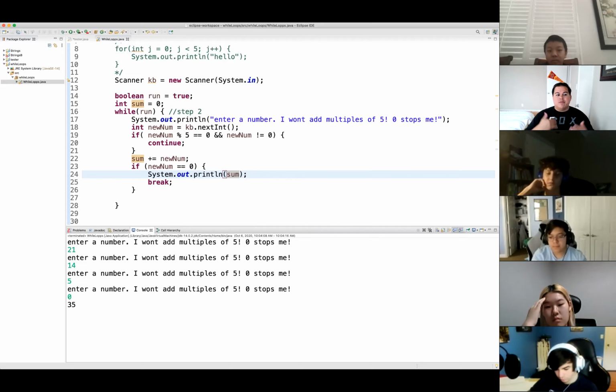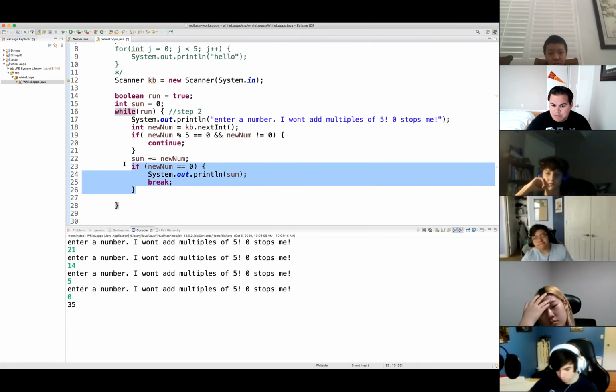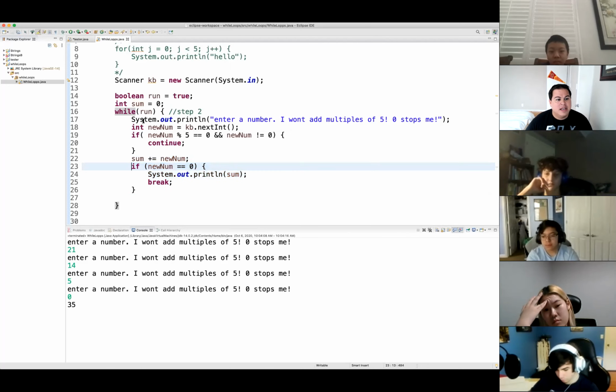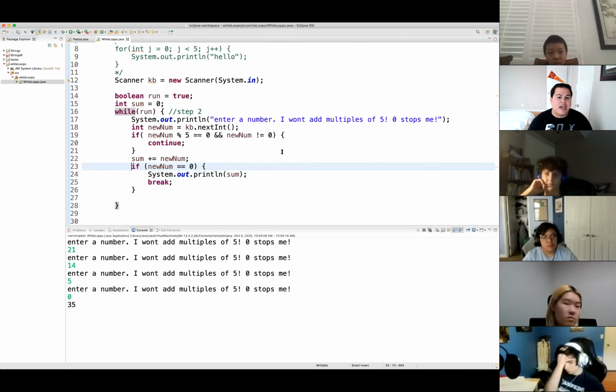Now, if you notice again with the while loop, the while loop, I have conditionals that actually terminate the loop. This is what's important, okay? All right. Now, how am I doing on time, Dylan? Still got 6 minutes. Okay, good. So that is what is important in terms of while loops.